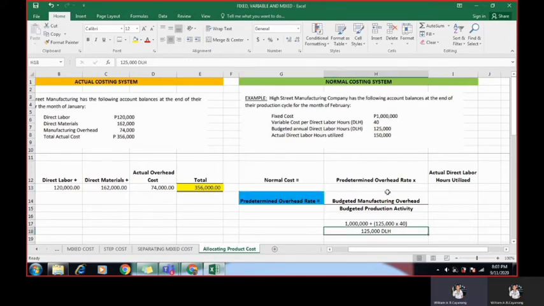Okay, so in computing for your normal cost, you need to get your predetermined overhead rate times the actual direct